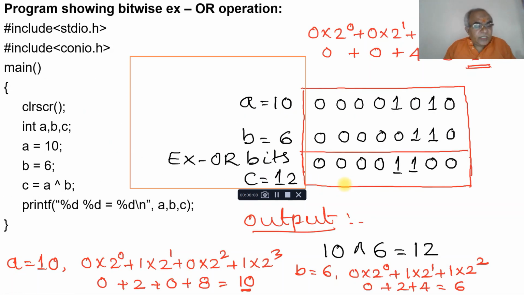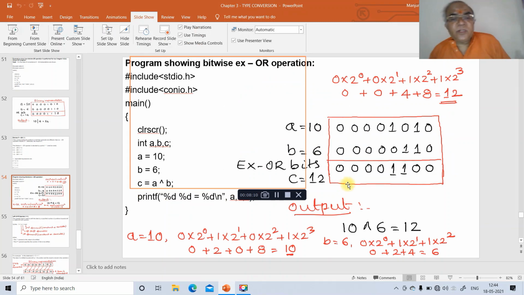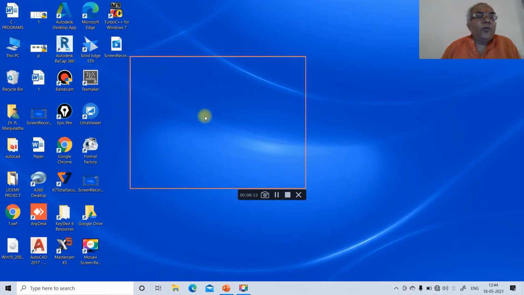To see that using the C program, first we will go to Turbo C++.